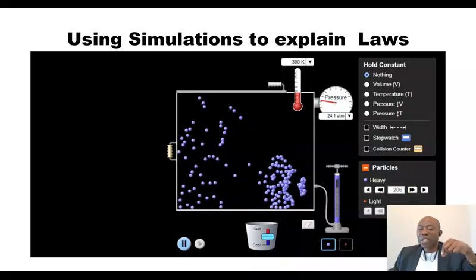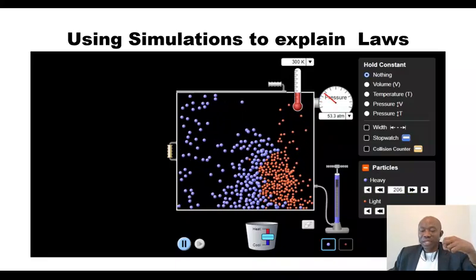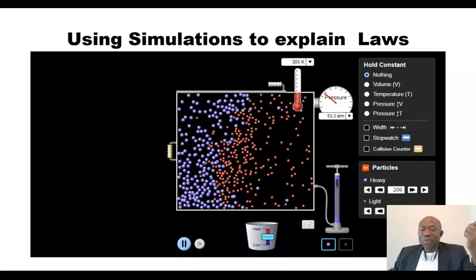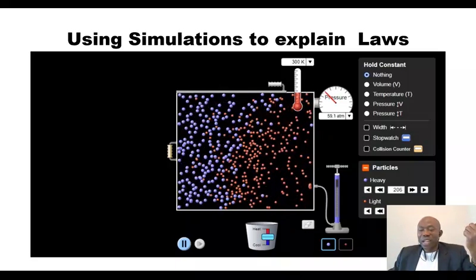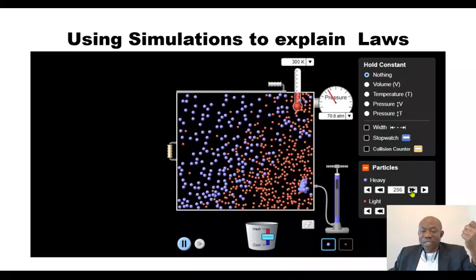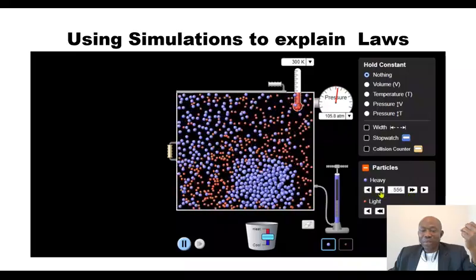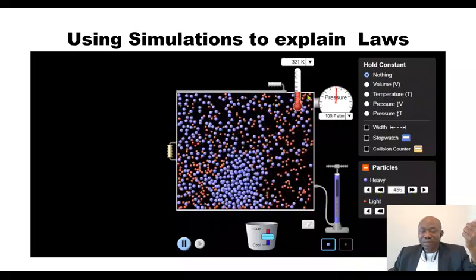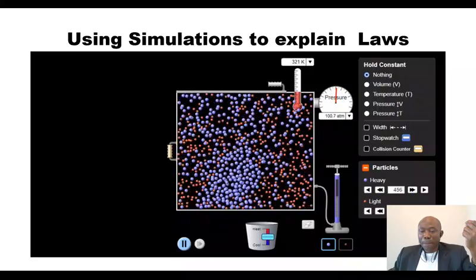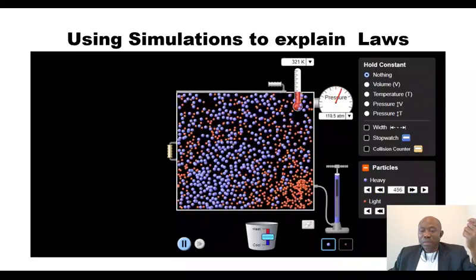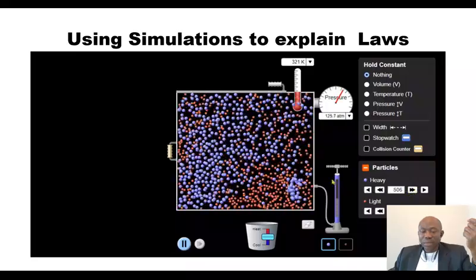We introduce particles in different colors so that they can be visible very well. We want to raise the particles to 500 each. As you raise the particles, what happens? You can observe that the pressure is increasing. So let me explain here very well. You observe that